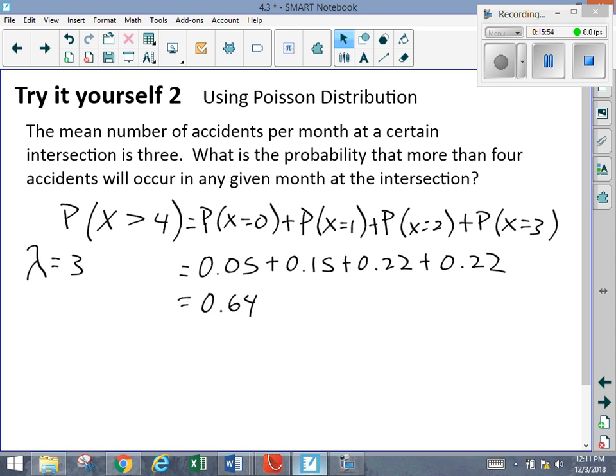We already determined that. So, in order to find the opposite, the probability that this doesn't happen, we can subtract it from 1. So, the probability that x is greater than 4 is going to be 1 minus the probability that x is